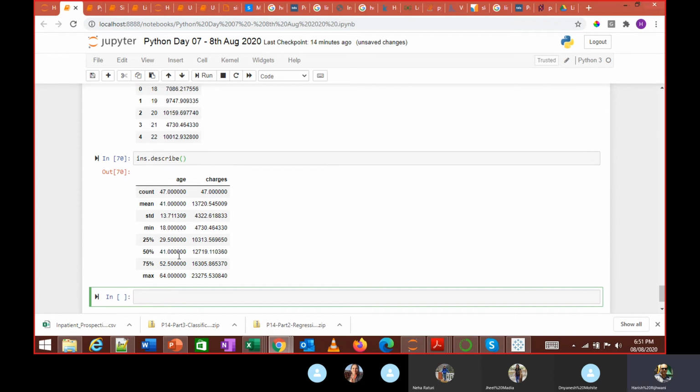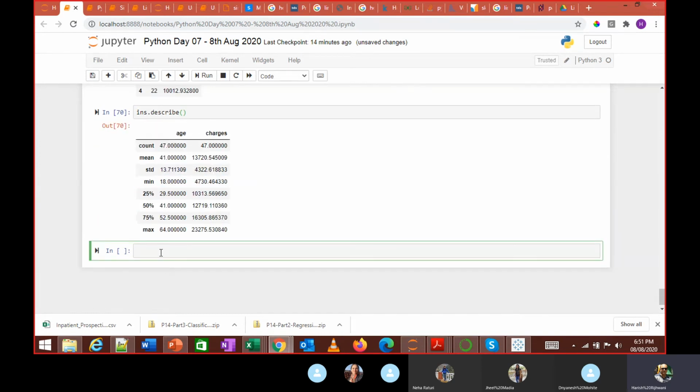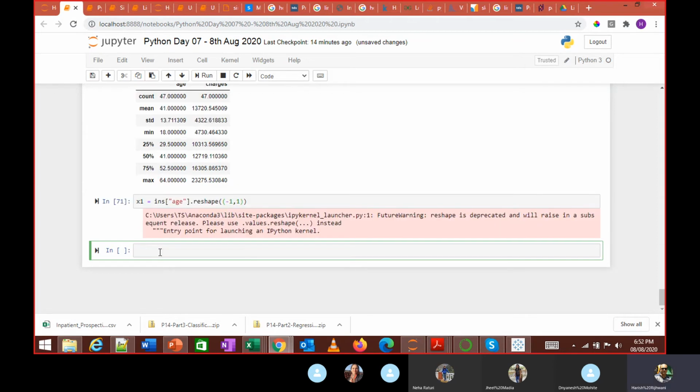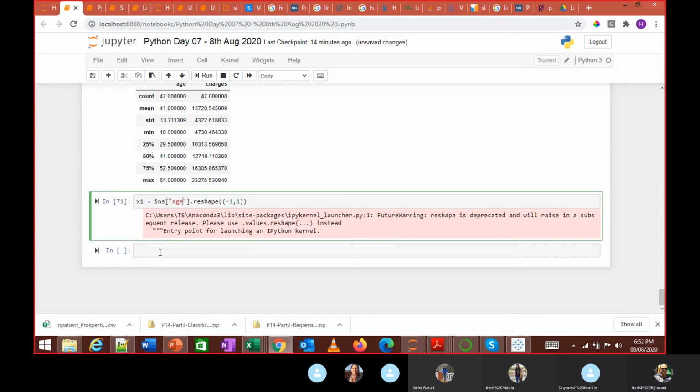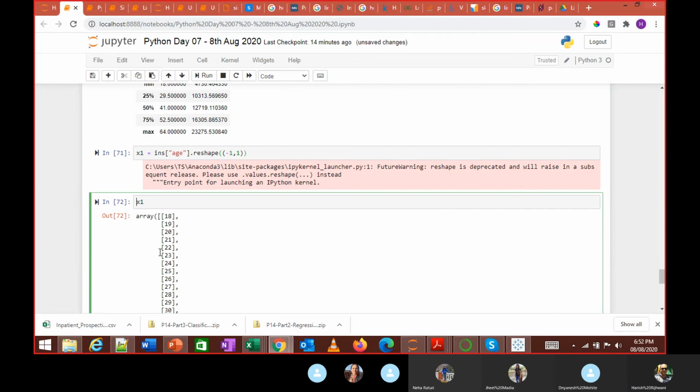Now I'll do the same thing. I have my X value as age, Y value as charges. So I'm going to define X1 is equal to INS.age.reshape(-1, 1). Then .shape.